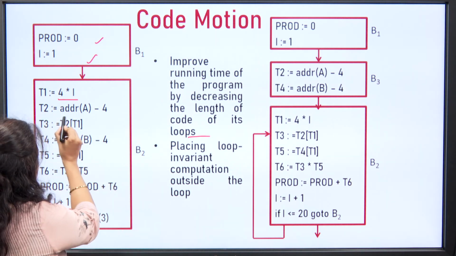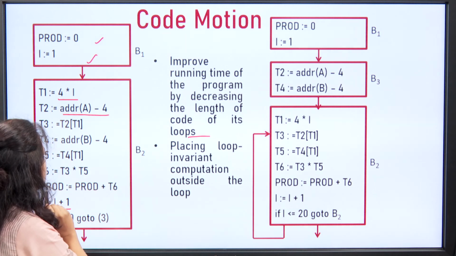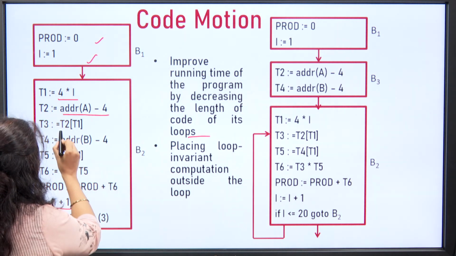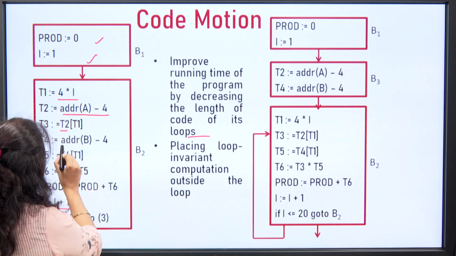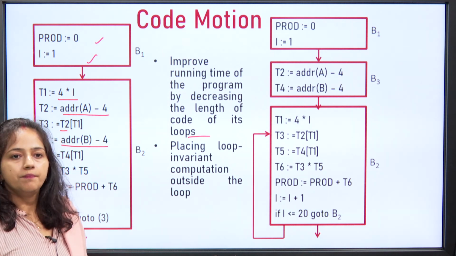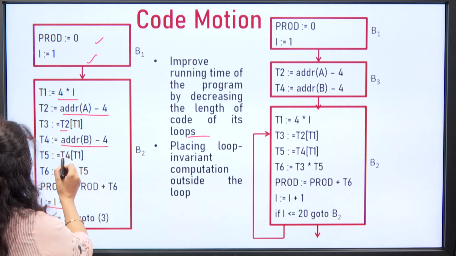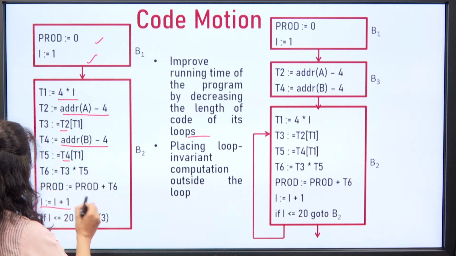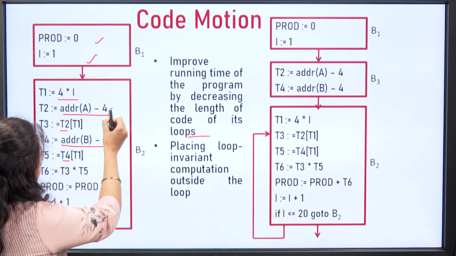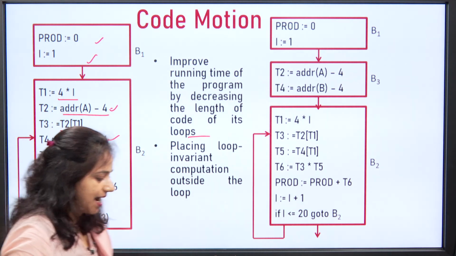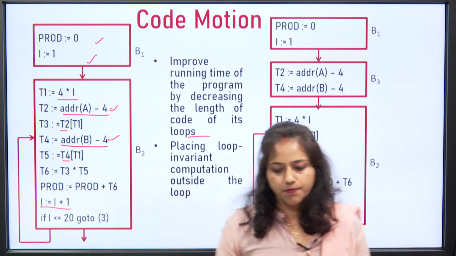Now, T2 is equal to address of A minus 4 and it is used over here, then T4 is equal to address of B minus 4 and it is used here, and after that there is no use. So, these are the two statements that are static in nature, meaning they can be moved outside